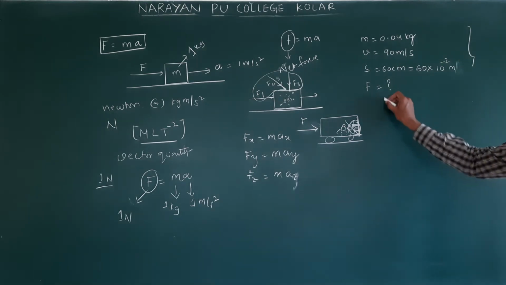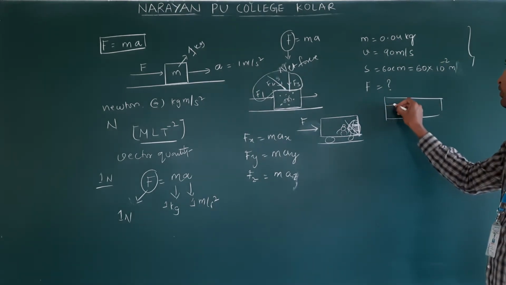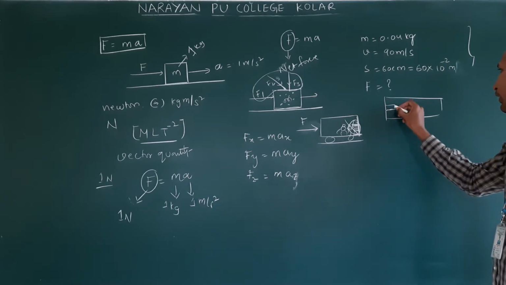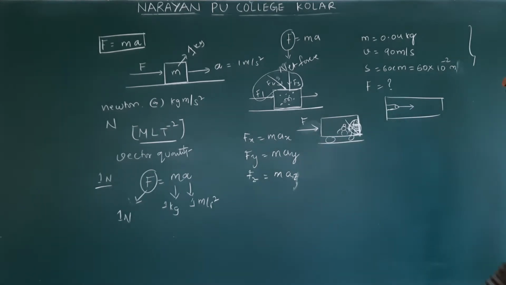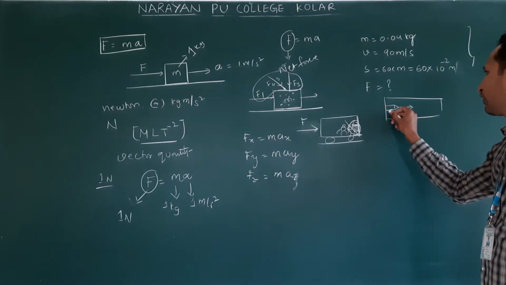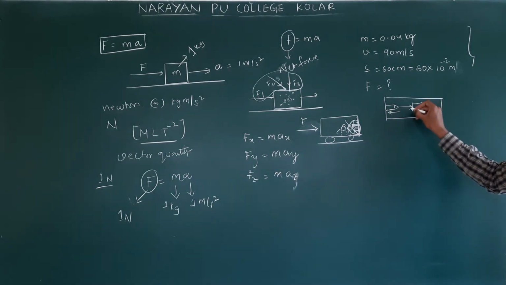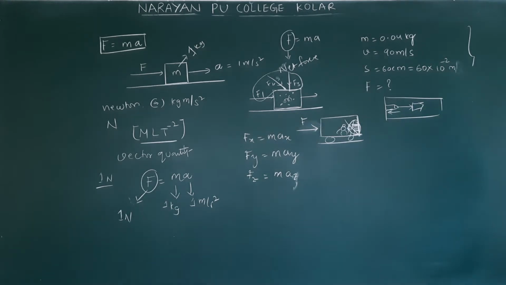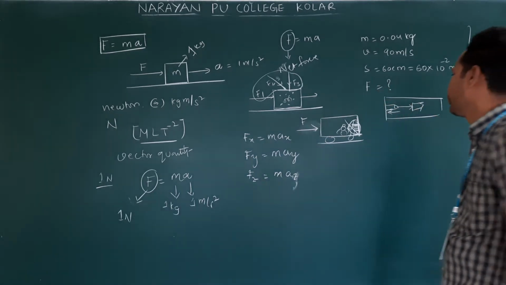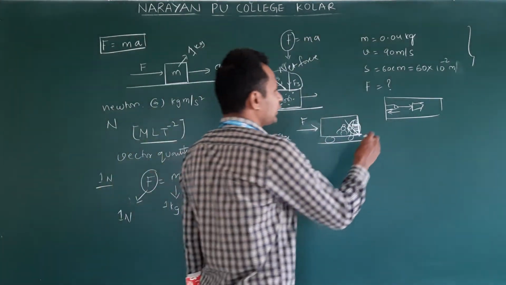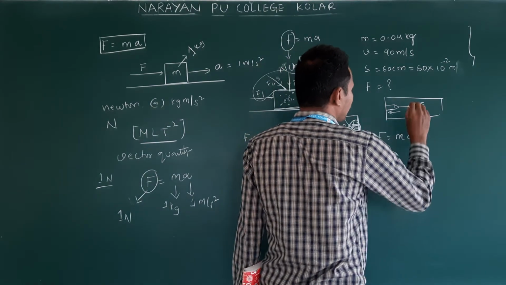If you think, once a bullet enters the wooden block, what happened? The bullet tries to move in the forward direction, but the wooden block offers force in the opposite direction. So it travels a distance, gets embedded into this and then stops. So they are asking what is the force exerted by the block on the bullet. It's nothing but F. Then how do we find it? We know the force formula, that is M into A. F is equal to M into A.